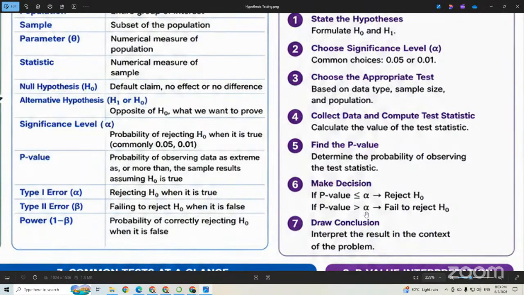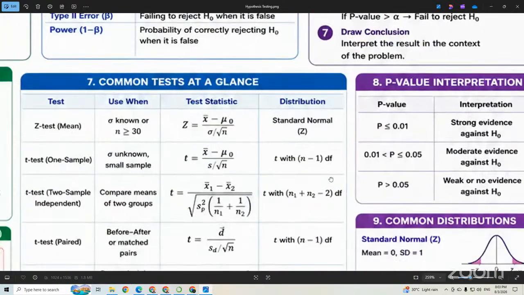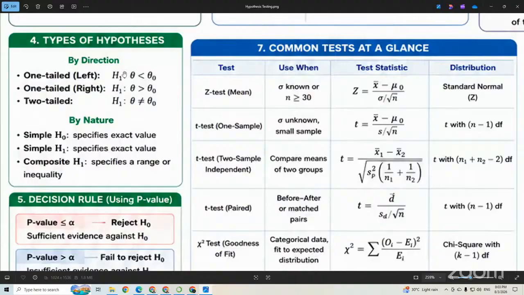And when you have these values, then we have to interpret and draw the conclusion. So this procedure we are required to understand. These 7 steps are essential, and when you follow all these steps, this will make all the tests applicable for your data set easy. So you are just required to understand the hypothesis and the steps involved here. Okay, so here you can see, yes, this is the same part.